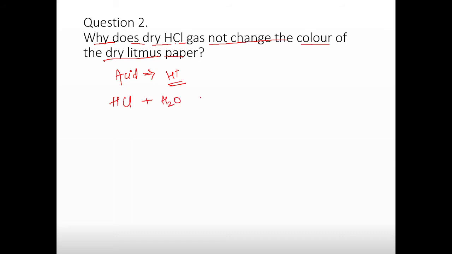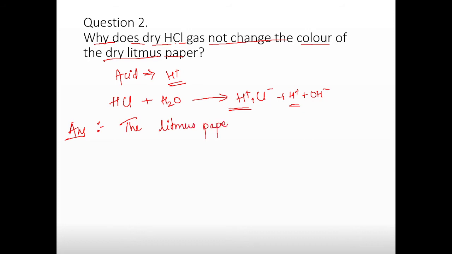It is going to show the ionization as H plus and Cl minus, and water gives H plus and OH minus. So there is the formation of H plus ion, and this H plus ion is actually detected on the litmus paper, due to which there is a change in color. Okay, so we can write the answer as: the litmus paper will change the color